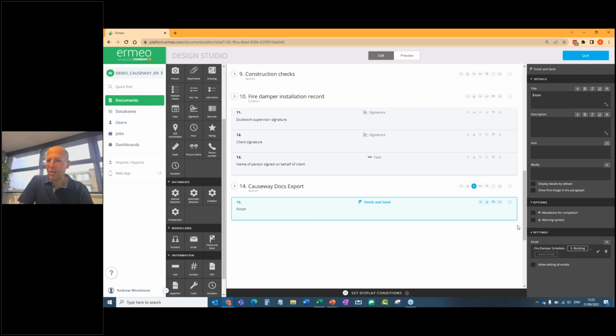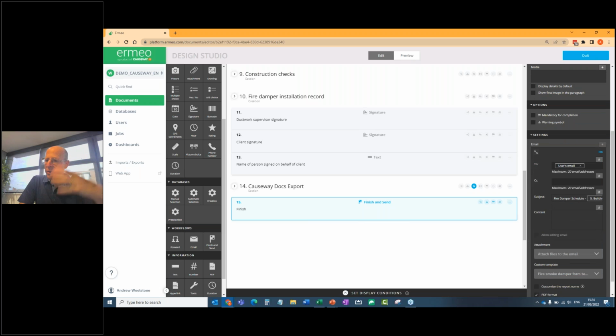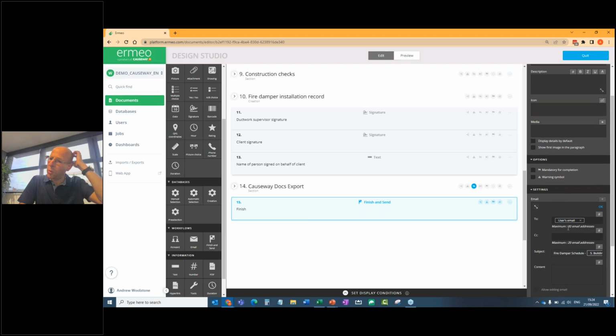And then at the very end of the process, the system would typically be set to automatically email a copy of that report to you, to somebody else, or to be filed into a controlled document management system if that's in place, or email to multiple people. So it might be emailed to the client, back into the office, and to the operator, and to the engineer, or it might just be saved, filed away into our own Causeway document management system, or